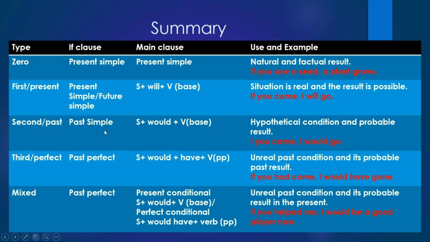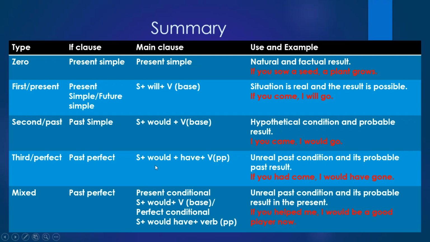সেকেন্ড অথবা পাস্ট কন্ডিশনাল, যেখানে আমরা প্রথমটা পাস্ট সিম্পল টেন্স করি এবং পরেরটা সাবজেক্ট প্লাস উড প্লাস ভার্বের বেস ফর্ম করি। এখানে একটা হাইপোথেটিক্যাল কন্ডিশন, যেটা ধারণা করা হয় যে কোনো কন্ডিশন বা শর্ত যদি ঘটতো তাহলে তার সম্ভাব্য রেজাল্ট হিসাবে আর একটা ঘটনা ঘটতো। এটা হচ্ছে ধারণাকৃত, যেটা বাস্তবে সম্ভব নয়, মানে সময় অনুযায়ী এখনও সম্ভব নয়। যেমন, If you came, I could go, যদি তুমি আসতে আমি যেতে পারতাম, মানে তুমি আসোনি আমি যাইও নি, এবং দুটোর কোনোটাই সম্ভব না আর এখন।